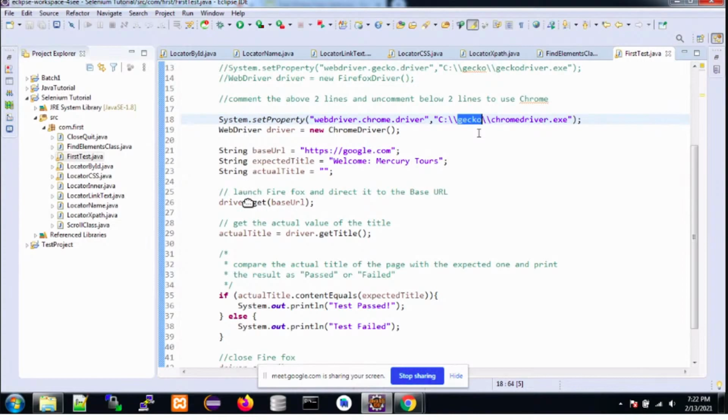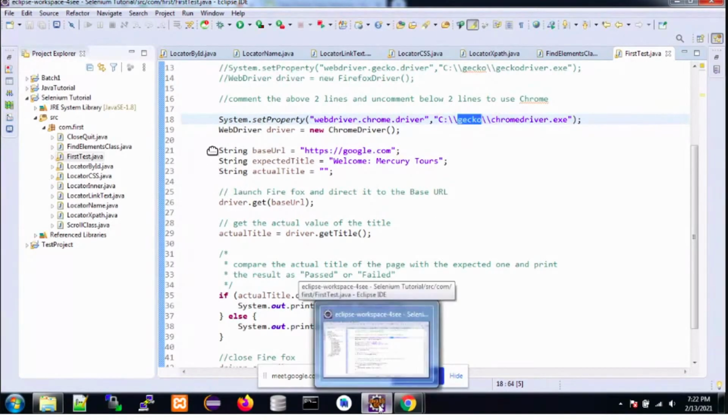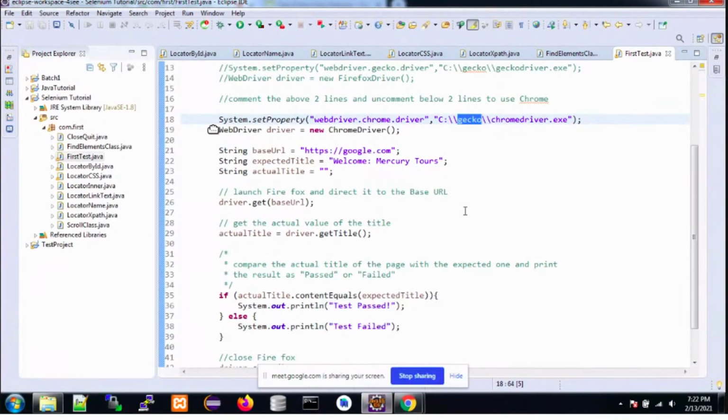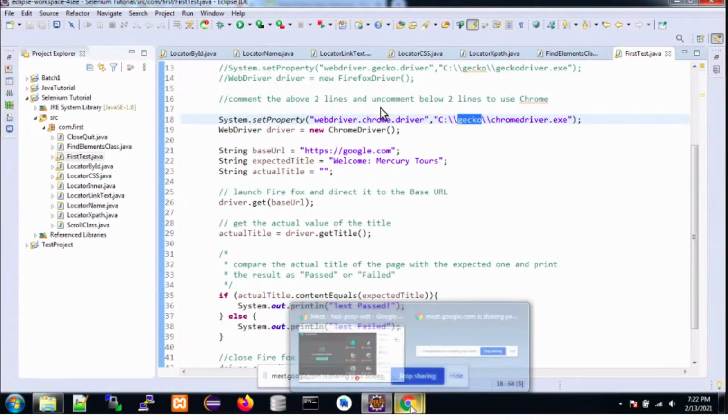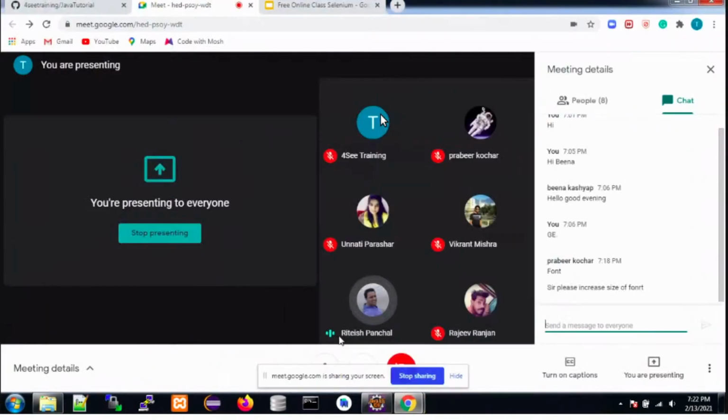So Gecko is the driver to communicate with Firefox, and Chrome driver is the driver to communicate with the Google Chrome browser. So gecko is specifically for Mozilla Firefox, and Chrome driver is for Google Chrome. Okay, sir.